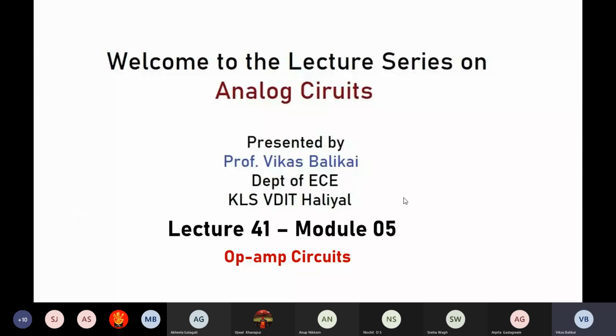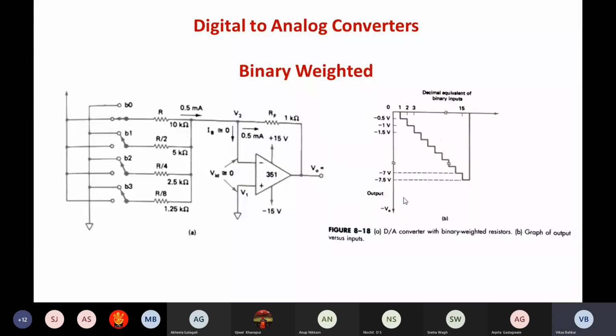Sometimes we also require digital to analog conversion, when a binary output from a digital system must be converted to some equivalent analog voltage. The binary output from a digital system is difficult to interpret; however, the D to A converter makes the interpretation easier. The function of the D to A converter is exactly opposite to that of the A to D converter. In today's lecture, we're going to see both types of converters. Firstly, we'll discuss the D to A converter, and then the A to D converter.